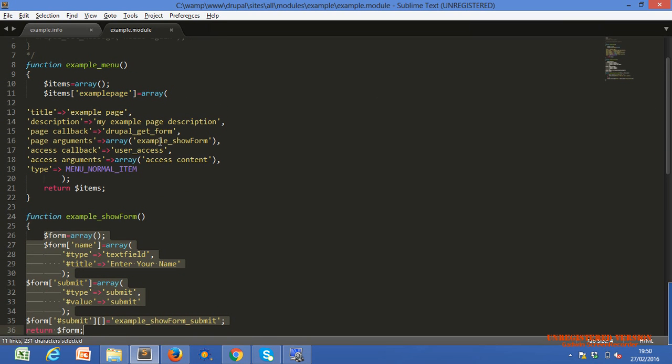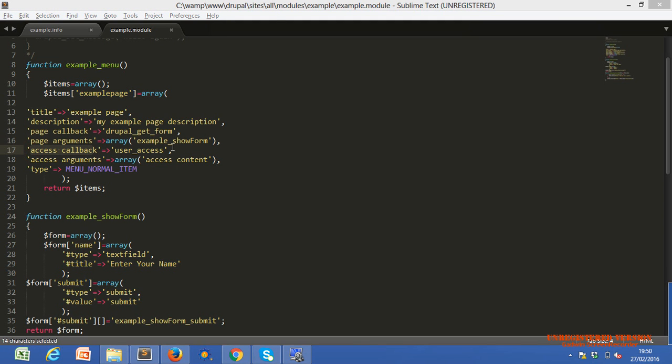Now this function is called whenever we click on our link, and then this access callback. Why do we use access callback? Access callback we use for security. So this module will be displayed for all, because we use user access. If we use admin access, then it will show only for admin. Right now we set it to user access for all users.